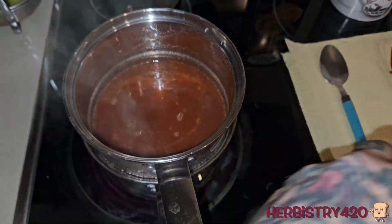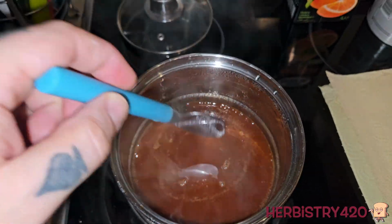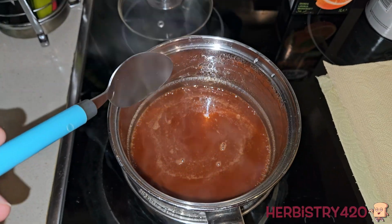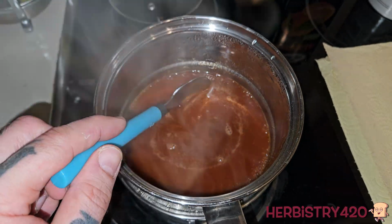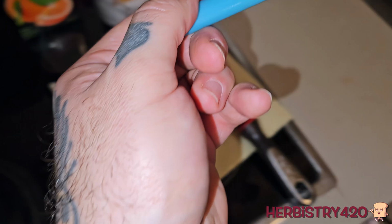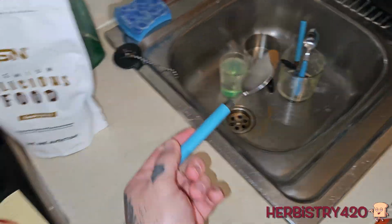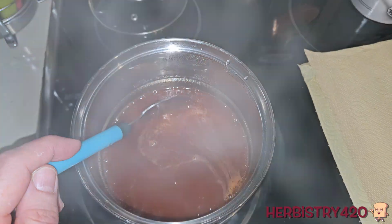All right, so one of the reasons you may have noticed that I took it on and off the heat is it was starting to bubble inside. I didn't want it to boil. And one thing I forgot to do before I added the tincture was just scrape any scum off of the top. You see? Just drag your spoon off the top, pick up the scum, and throwing it in the sink, this is what's going to make the gummies have that like film on the